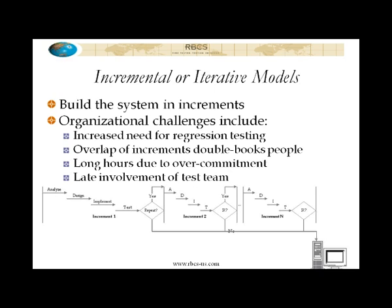occurred. Oddly enough, one of the problems that you might think we were trying to solve with an iterative model can even happen with iterative models, the late involvement of the test team. Now you might say, well, how can that happen? Well, that oftentimes gets back to the overlap of increments. If the test team is fully engaged trying to finish up the testing of increment N, while the design and analysis work is going on increment N+1, obviously the test team has no time to participate in reviews and so forth, right? So this just pulls us back into the same problem we had with the V model potentially of lack of adequate early QA and testing, then leading to the same kind of big explosion of bugs during the system test at the end. So these models, iterative and incremental models, can help, but we have seen with a number of our clients